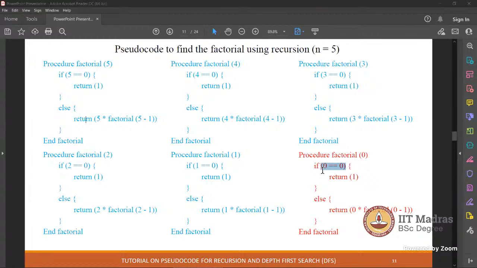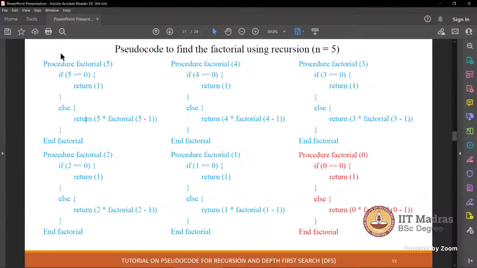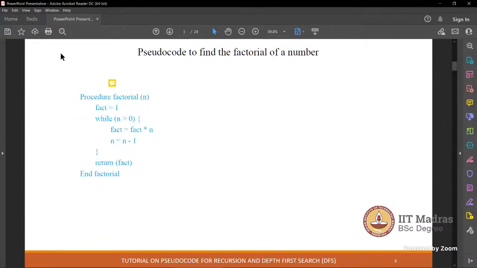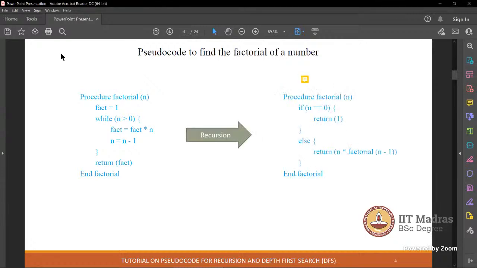The first screen which you showed, factorial n, and then we are going n minus 1. Then again the if is repeating. So procedure factorial n: fact is equal to 1, while n is greater than 0, fact is equal to fact into n, and n is equal to n minus 1.